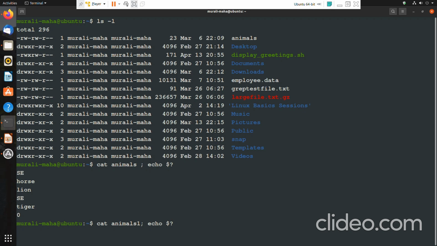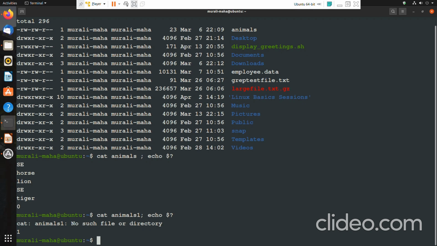Now let us check what would be the value of dollar question mark. Yes, cat is not able to execute successfully. Cat has failed. It has come out with an error message telling no such file or directory, and it has returned a value 1. I told you that when a command fails, it returns an unsuccessful exit status in the range between 1 and 255.